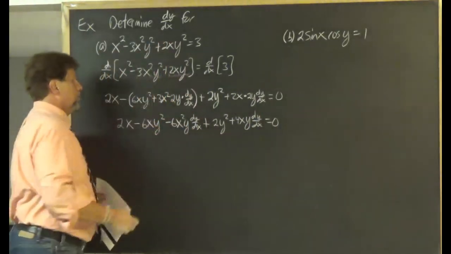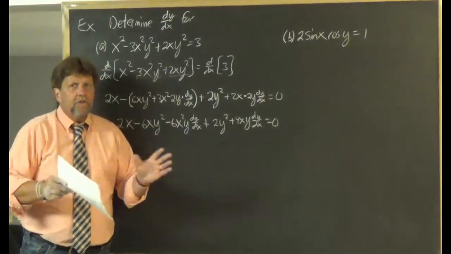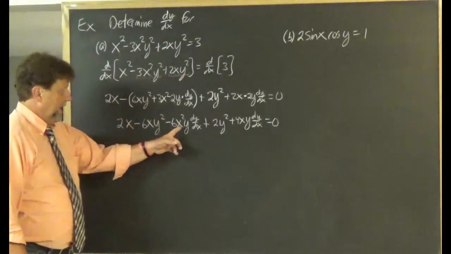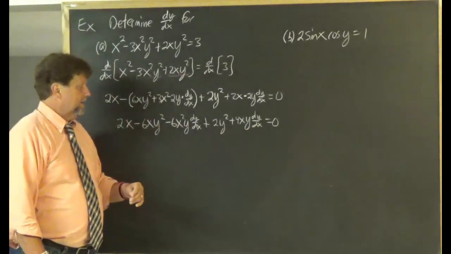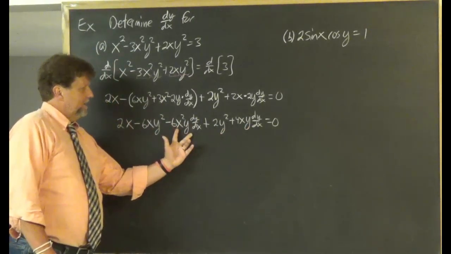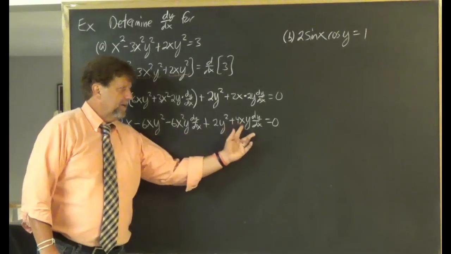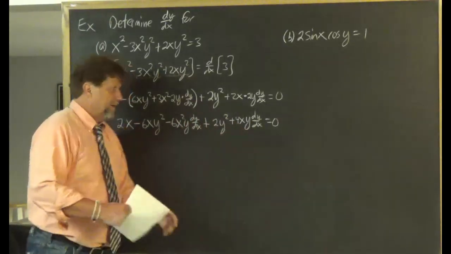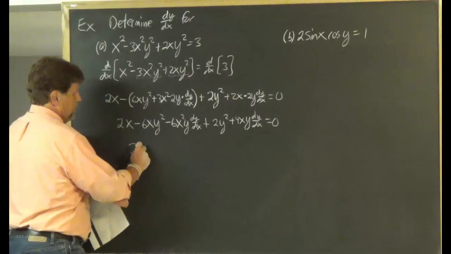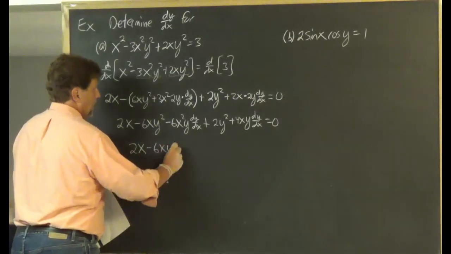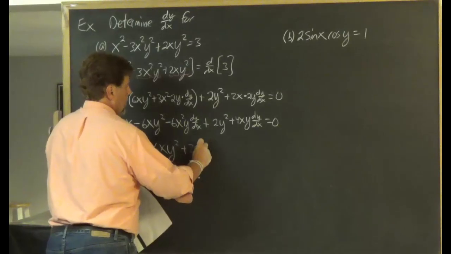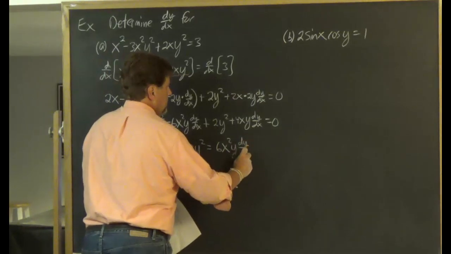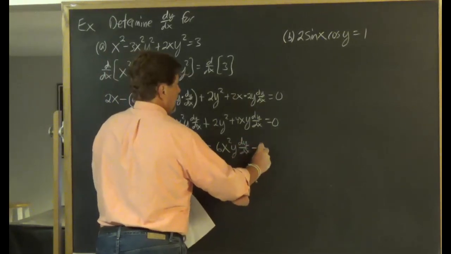Keep in mind we're trying to determine dy/dx. So I want to get all the terms that contain dy/dx on one side of the equal sign. And I have two terms that contain a dy/dx. So you know what, I'm going to add this to both sides of the equation, and I'm going to subtract this from both sides of the equation. I'm taking these two terms to the right side. So that leaves me with a 2x minus 6xy squared plus a 2y squared equals a 6x squared y dy/dx minus a 4xy